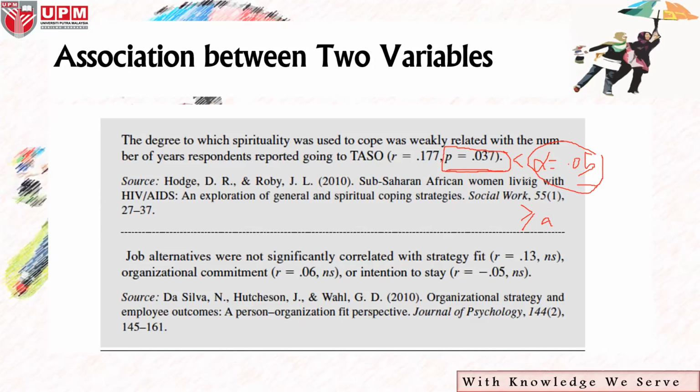So if you look here, since the significant value, the significant p, equals 0.037, is the value lesser or larger than alpha? Anybody? Less. Less than. So therefore there is a significant relationship between A and B. Okay, so